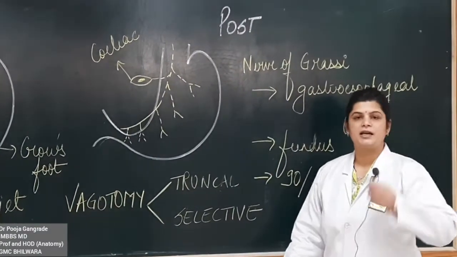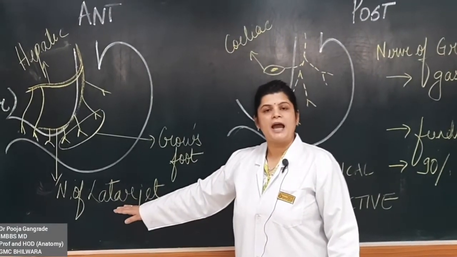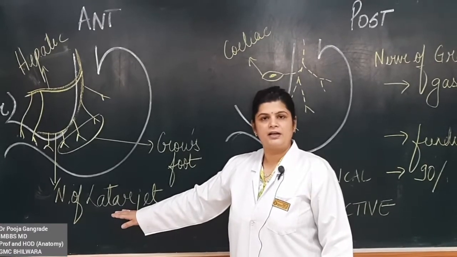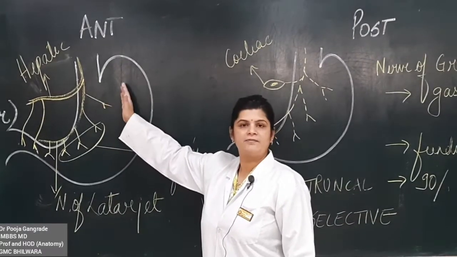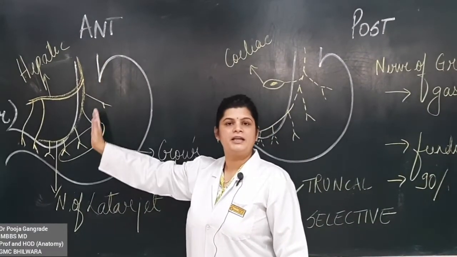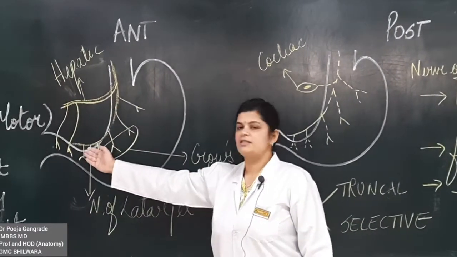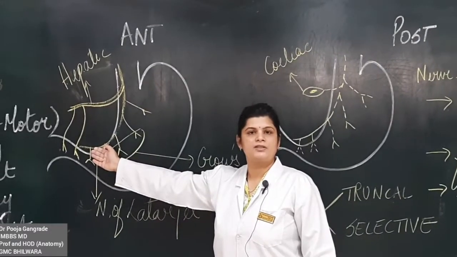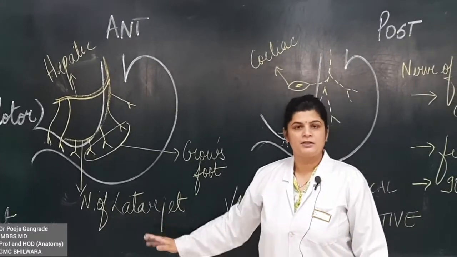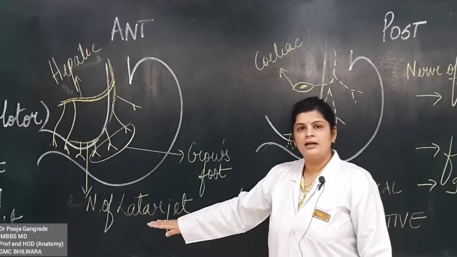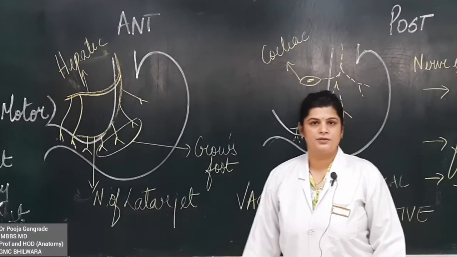There are two nerves which are named in the vagus. One is the nerve of Latarjet. From the anterior vagal trunk, there is a nerve which is called the nerve of Latarjet. That is, after a few branches have been given to the fundic area from the anterior vagal trunk and the hepatic branch is given out, the branch which is on to the lesser curvature of the stomach is called the nerve of Latarjet. Okay. So in selective vagotomy, we do not cut the nerve of Latarjet. This has to be preserved.